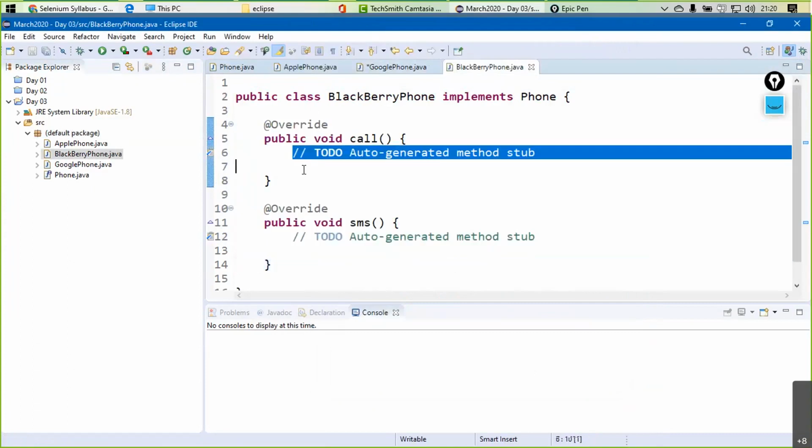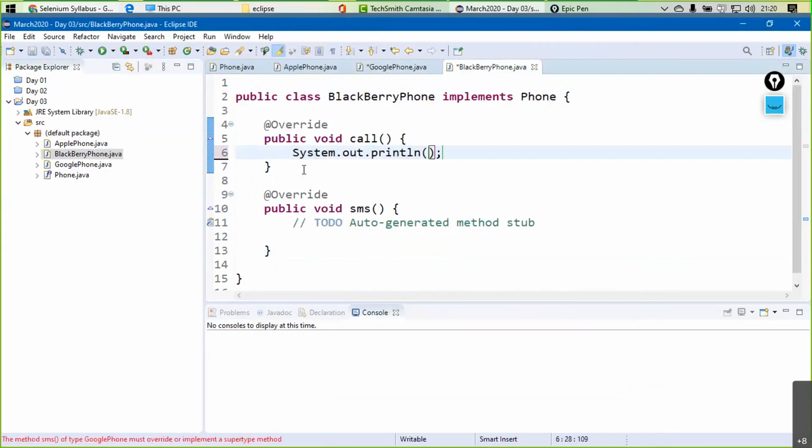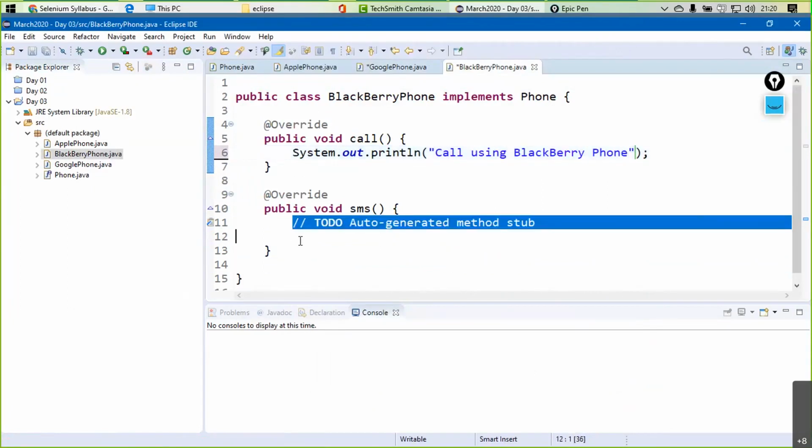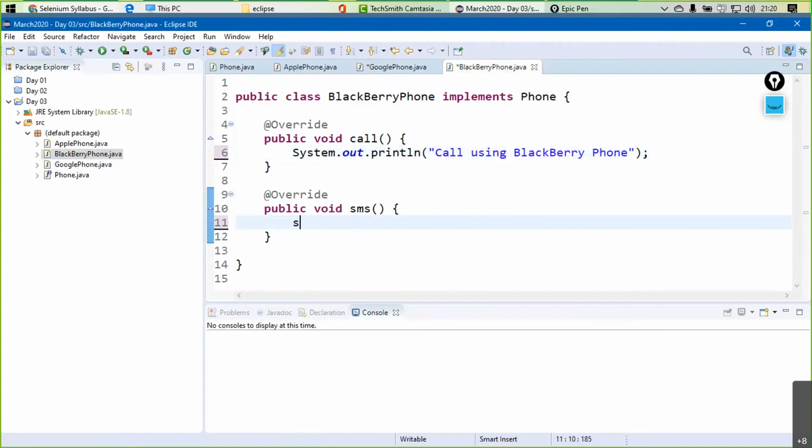Simply add the definition. So System.out.println, and say call using BlackBerry phone, right? And in the same way, I'll print it over here as well. So SMS using BlackBerry phone, right? So over here, these two things are done, and what we have to do is that we just